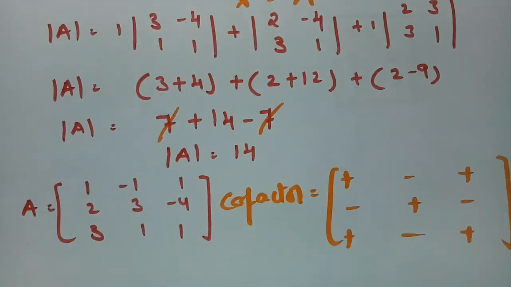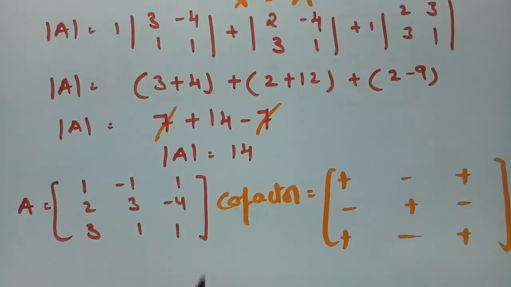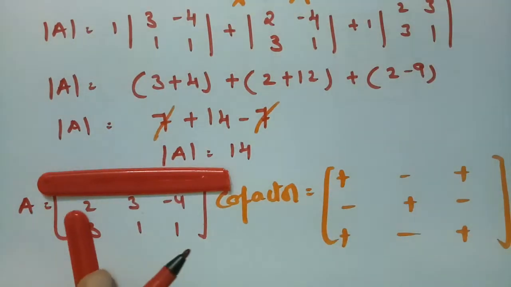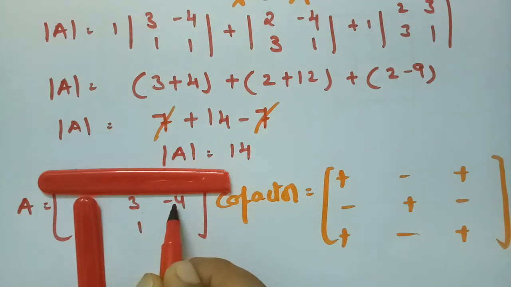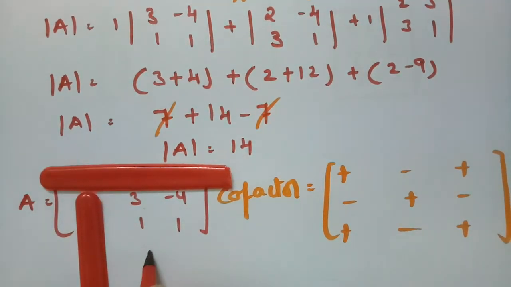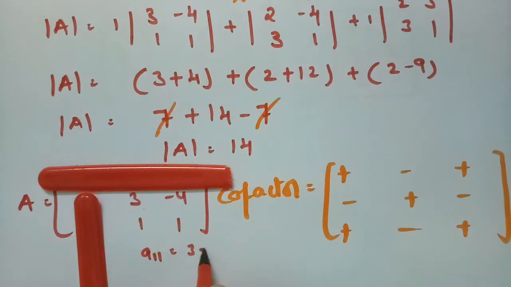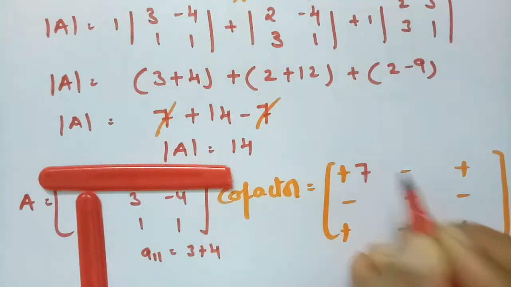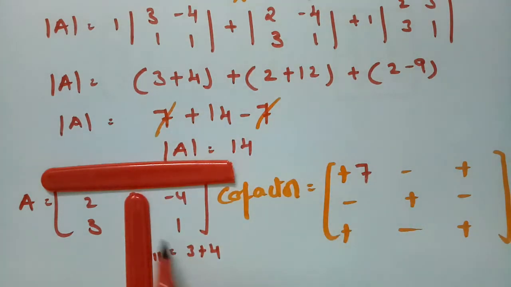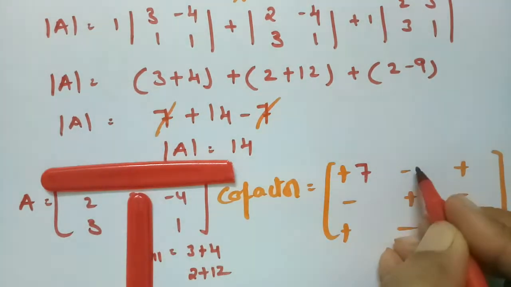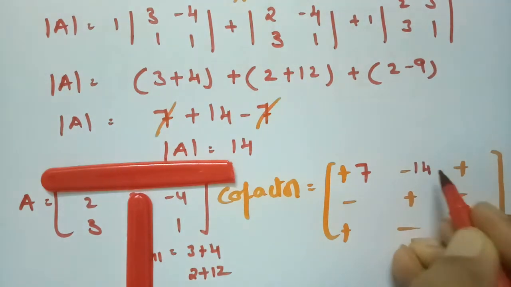For finding the cofactor, it is so simple. For getting this minor value, we have to close the corresponding row and column. So this is 3 minus of minus 4, that is 3 plus 4. See here, for the position A11, the value here is 7. And for the next position, A21, this will be 2 and minus of minus, plus 1. So this value will be 14.